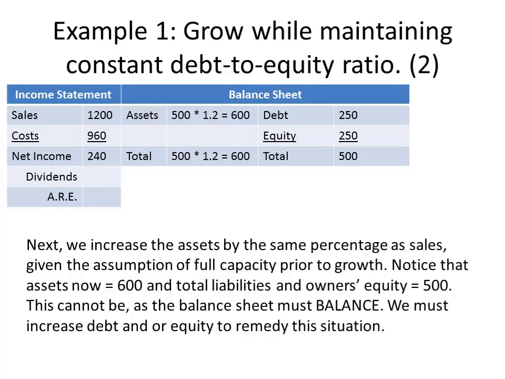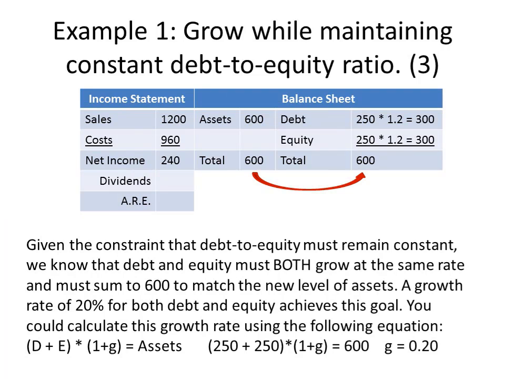Now notice that the assets and the debt plus equity no longer are equal. This cannot be. We cannot allow the situation to remain. Otherwise, our balance sheet wouldn't balance. We're going to have to add something over here on the debt and the equity side to make these things balance. That's the money that will be needed to finance these new assets.